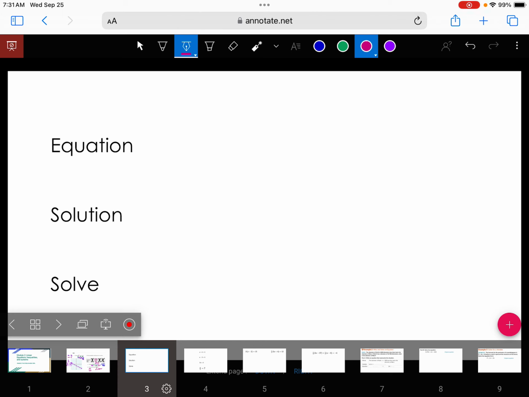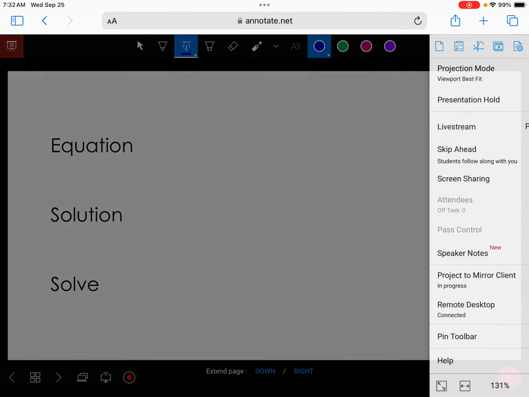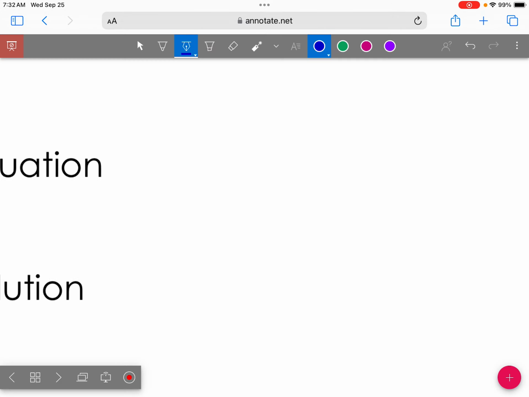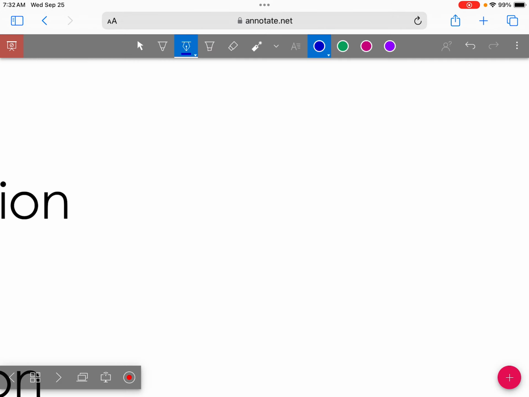Alright. So equations we've seen before, lots and lots and lots of times. What makes an equation an equation? An equal sign. So our technical, formal definition, I'm going to change my view so you don't have to zoom in so you can read my handwriting, is